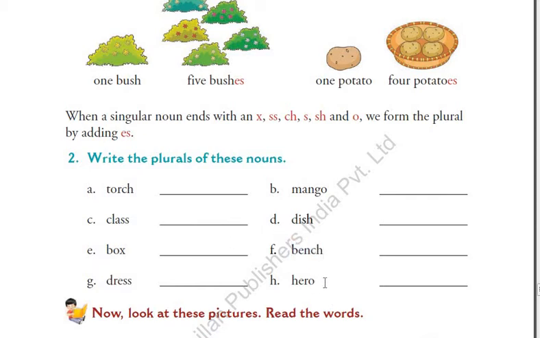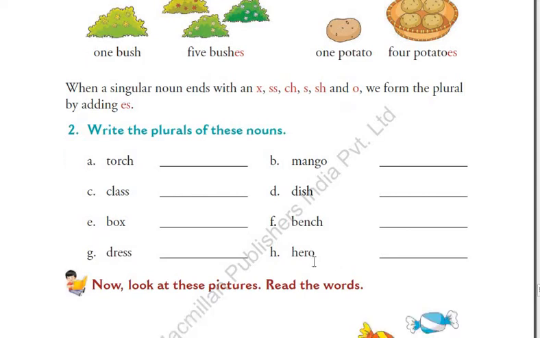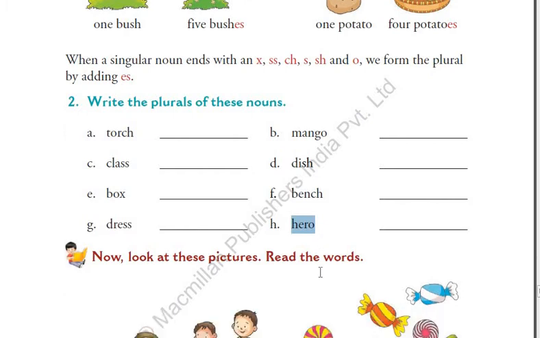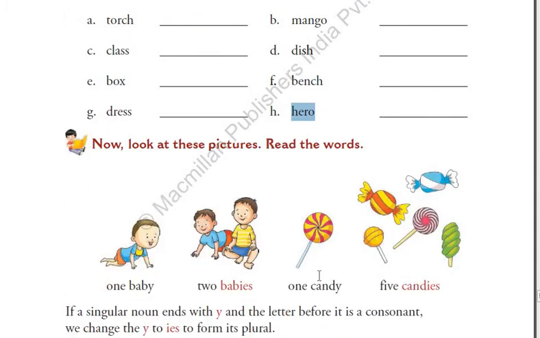Yes, hero becomes heroes. If only one hero is there in the photo, you say this is my favorite hero. But if you have more than one favorite, what do you say? These are my favorite heroes, correct. For example, if you say my dad and one hero from the movie, so there are 2 heroes, correct. So we need to just add es at the end of the word hero to make it plural.